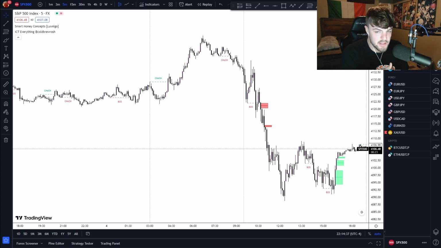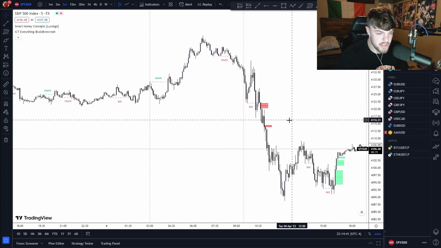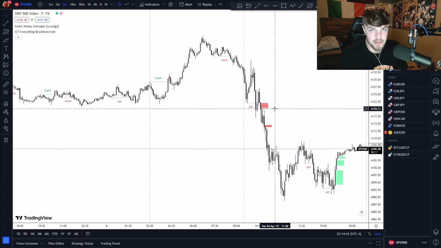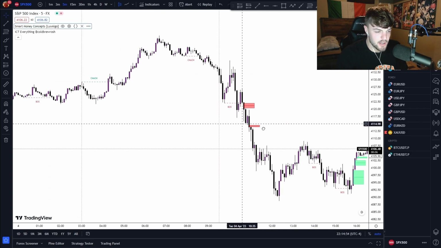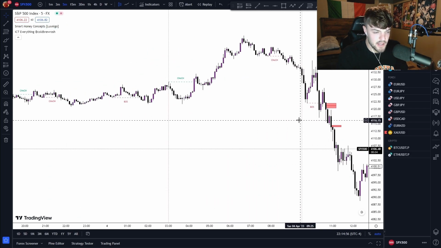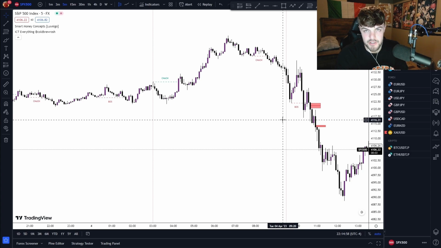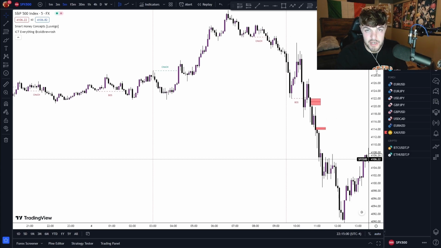So as you can see, this is the SPX 500 on the 5-minute time frame. I'm showing you it on the 5-minute because it's easier to see. You can see it on the 1 minute, but the candlesticks are so small, it'd be just too much on the screen for you guys to be able to actually understand it. So I'm keeping it simple, going on the 5-minute. And then I'll go down to the 1 minute and show you the entry of the trade I took today